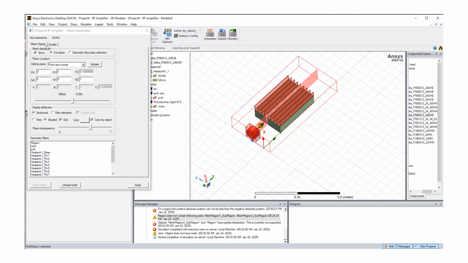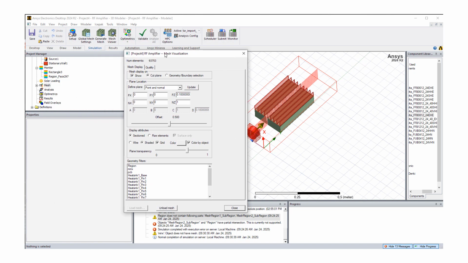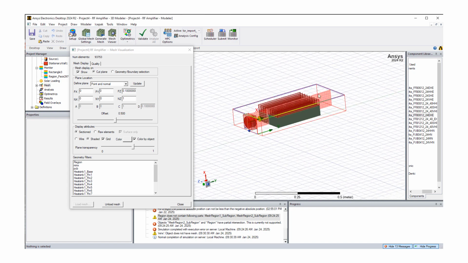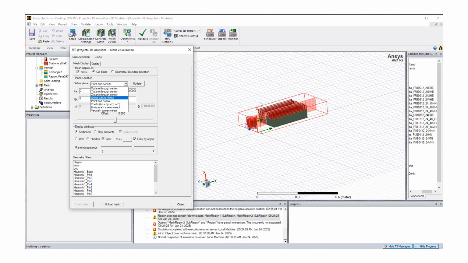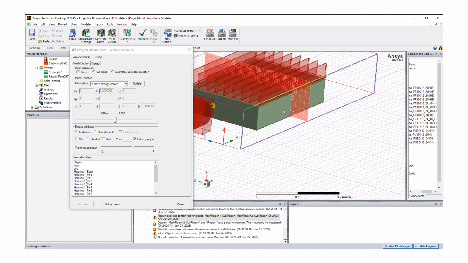And then in this window we can now look at our mesh display. So this show button will turn the mesh on or off, and right now it's showing on a cut plane. You can also look at the mesh on some boundaries. You can define different planes to look at the mesh. So let's, for example, now look at the mesh at a white plane, which cuts through the center of the